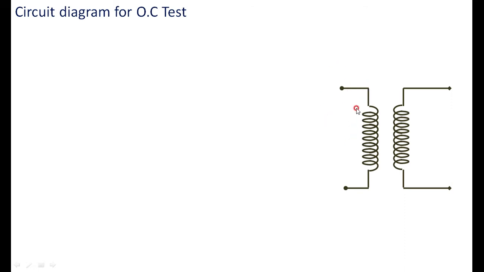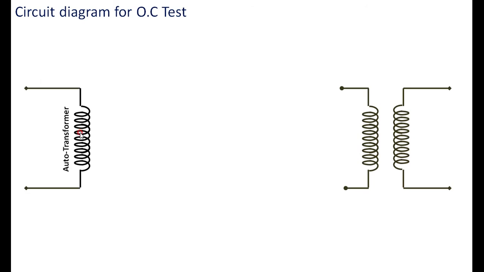The meter should be connected on the LV side, that is the 230 volt side, whereas the 600 volt side is kept open. Then what other equipment is required? That is a variac, so that it controls the voltage. That is the variable voltage supply we are getting from the auto transformer. Then you have to connect the ammeter, wattmeter and voltmeter in series with the supply, and before that,